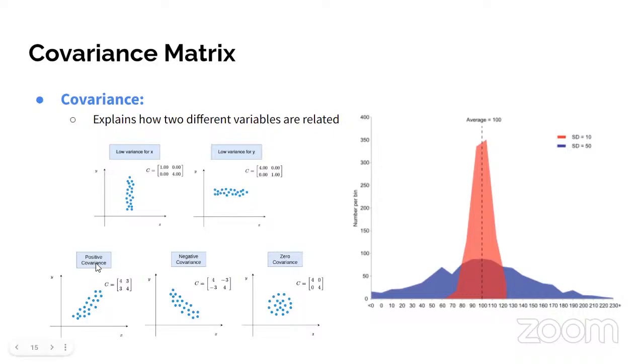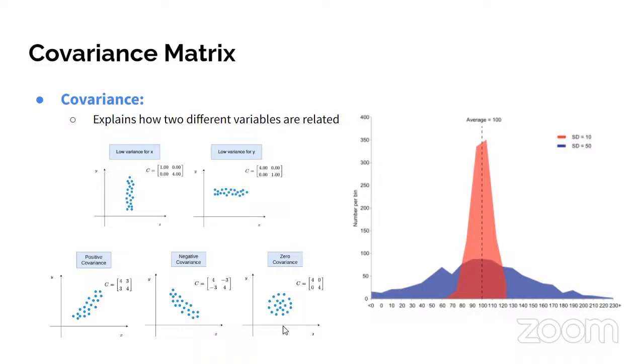Here I define something called the positive covariance. Positive means both x and y are varying by some quantity. So it's like this, positive. If it's negative, it's like this. Zero covariance means I don't have any relation between x and y, and this is how my data will be